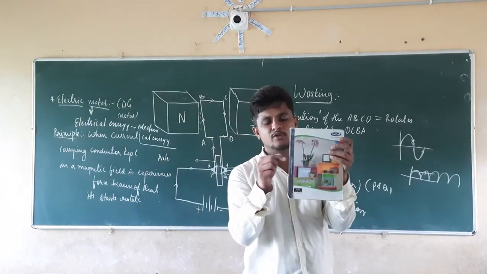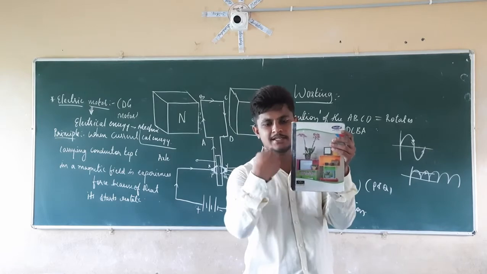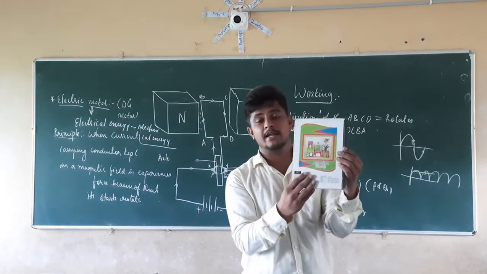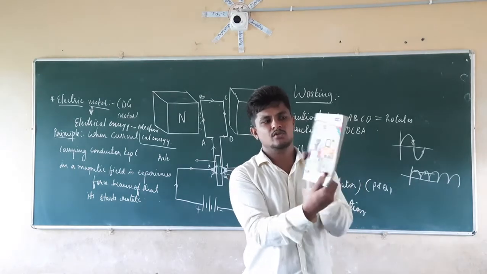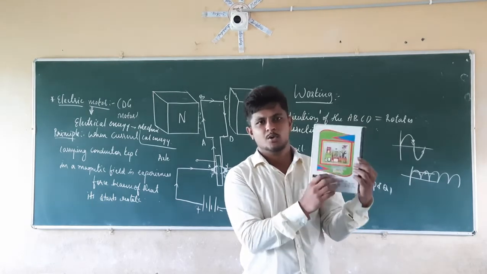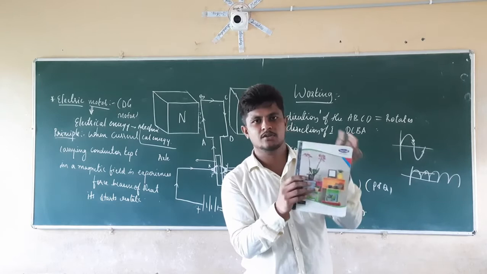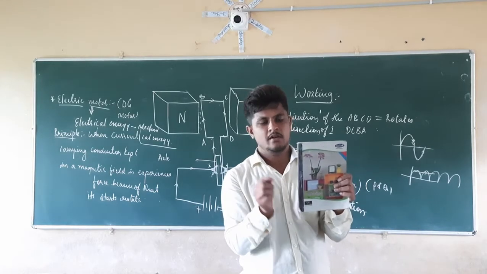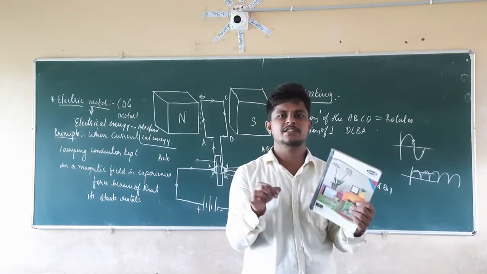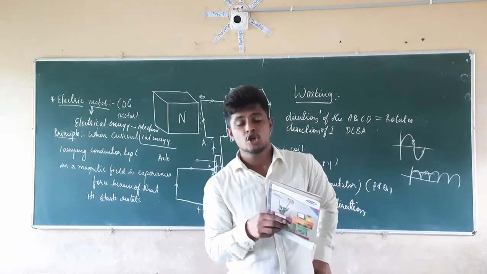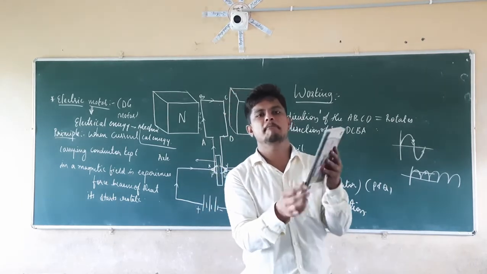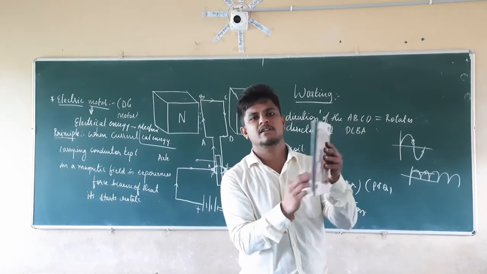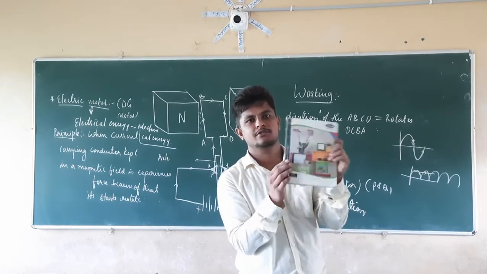After coming to this position, again the force is acting in this direction. Again it is going to go like this. If it continuously does this, is it possible that it is going to rotate there? No, it is not possible. Because of that, here we are using the split rings for the direct current, so that it is going to change its direction and the rotation will be completed. The rotation will be completed like this.